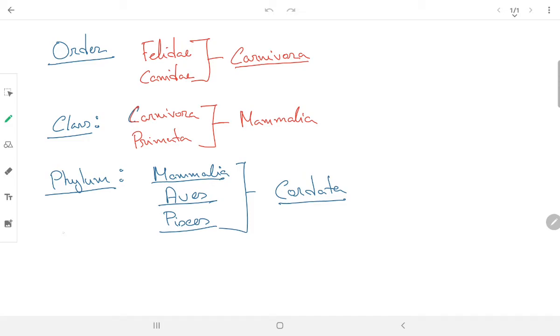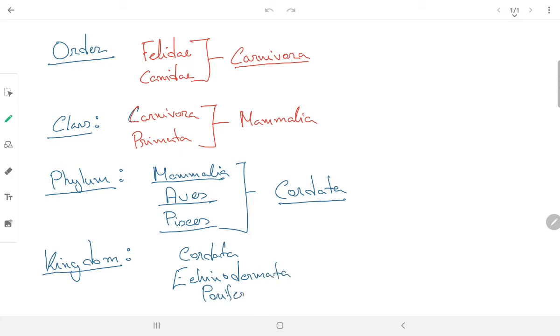After phylum, what do we have? We have kingdom. In kingdom, what will happen? Similar phyla will come, like Chordata. What more phyla? Can you name some on your own? Like Echinodermata, like Porifera. More are there. Ten of them are there. Together they will make one kingdom, that is kingdom Animalia. So see how this is going, right?